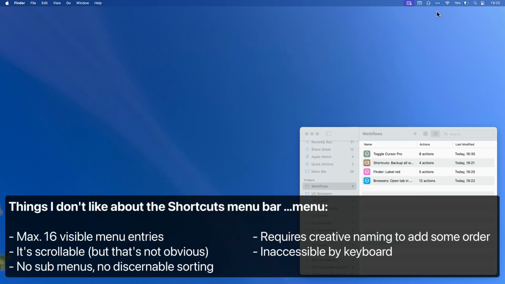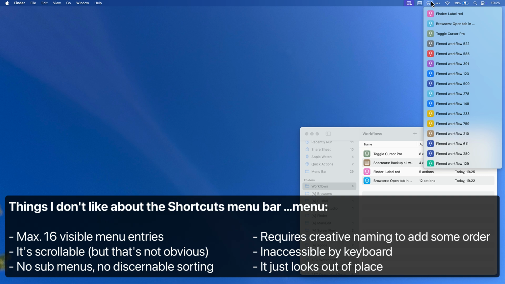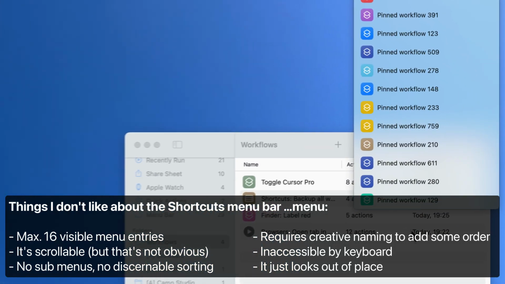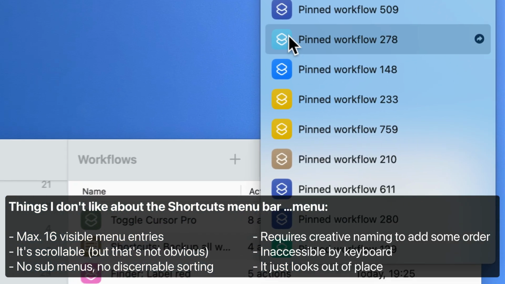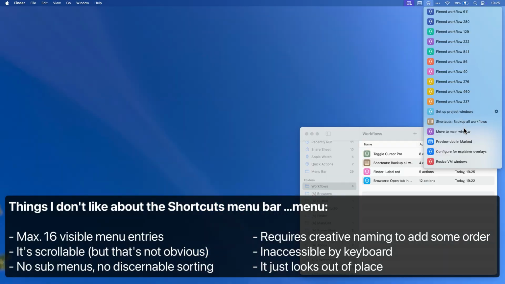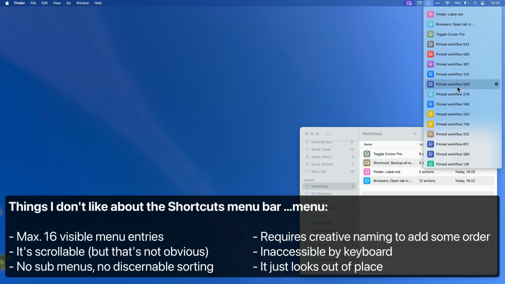And finally, there's that whole professional look that just screams, "Our intern made this half an hour before lunch one day in 2020, and then we completely forgot about it." Which doesn't gel with anything else in macOS. I mean, I'm sorry if that intern was you. No blame intended here, right? I know it's not interns who decide what gets shipped and in what condition.